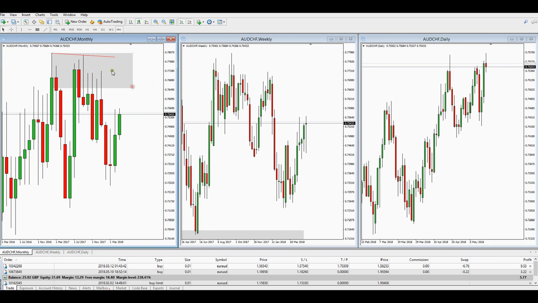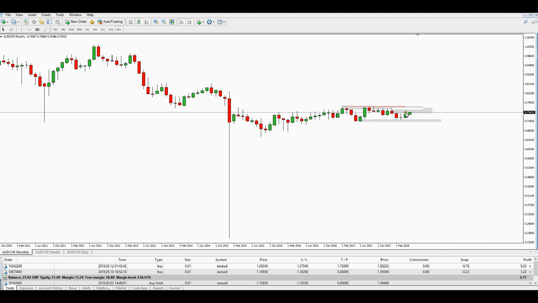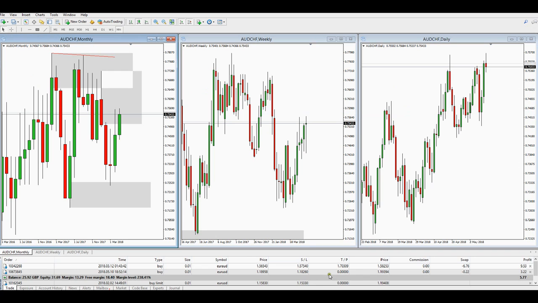for a pullback. I'm going to leave this on. This is the high of the range at the moment, and this is kind of the low, because this is range bound because of the bounce from here. But it's on its way back up into an area right here, because it is closed down here, of supply. But with the range bound market, unless I think it's going to drop, I wouldn't be trading this. And looking at this, I really don't know. It looks like it wants to continue up a bit higher. So again, I'm not really doing too much on the larger scale on the Aussie pair at the moment.